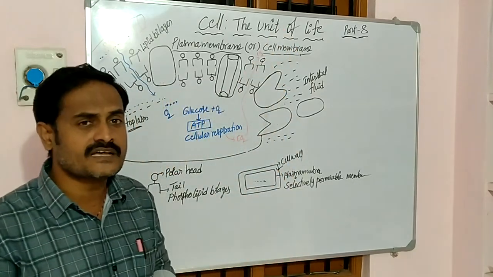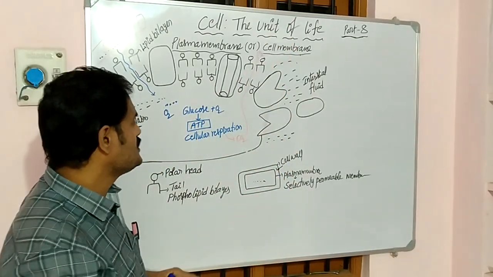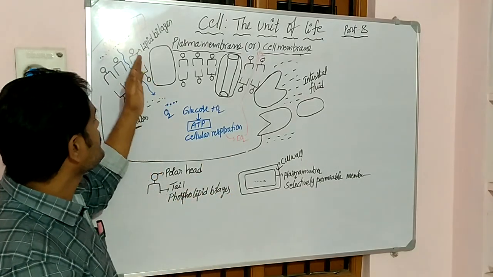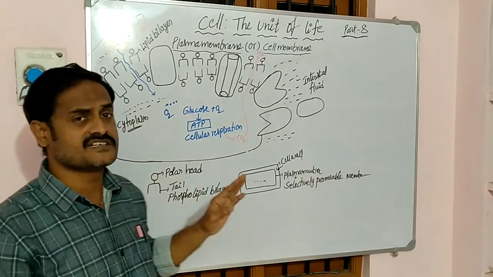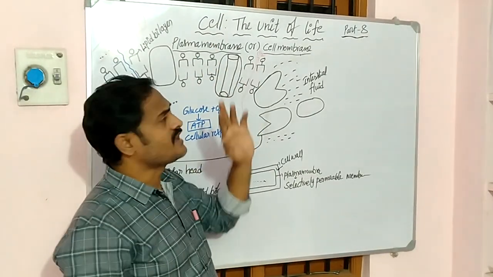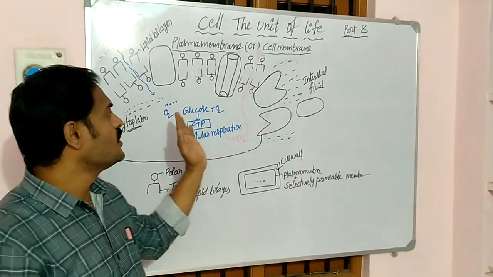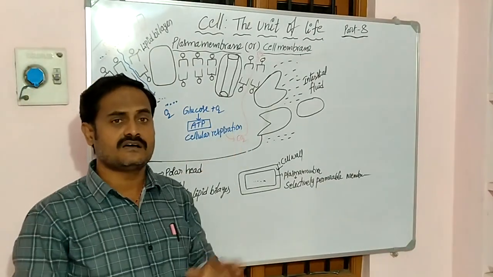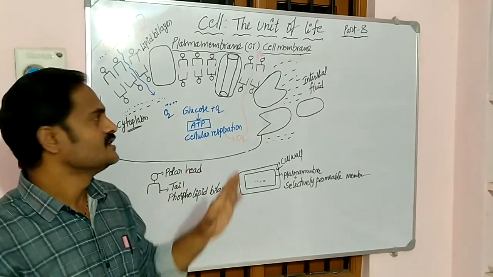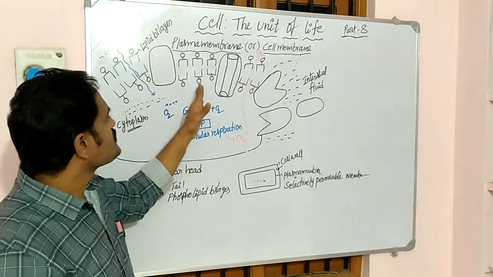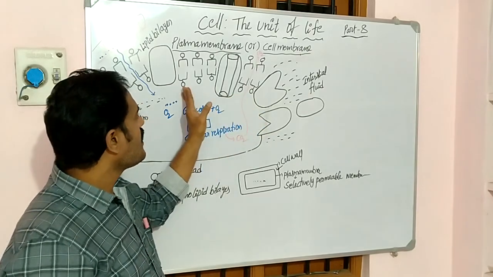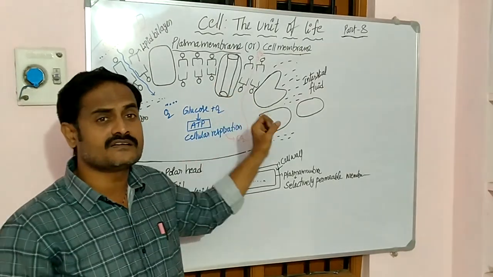You have to remember one thing here. During cellular respiration, the entry of oxygen and the release of carbon dioxide, both activities are carried out by simple diffusion. Remember. So here there is no need of proteins for this kind of